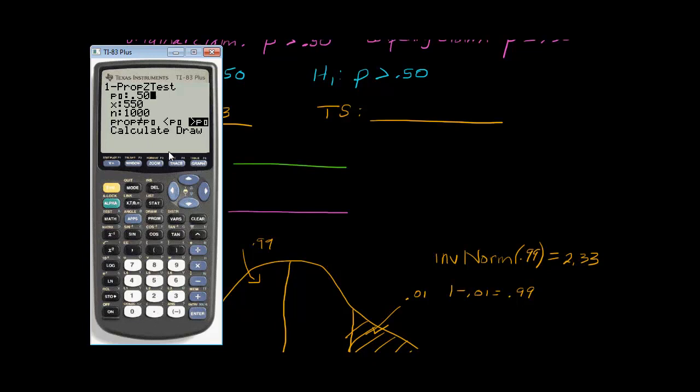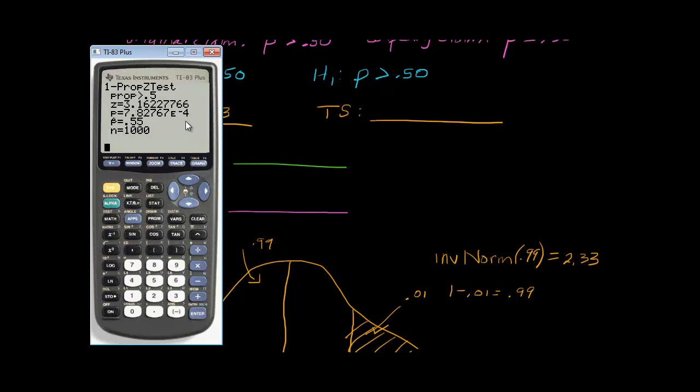I think it may just truncate that though if I put it there. And then we had 550 people out of 1,000 who said they voted for the Democratic candidate for governor. Then we tab down, and now we're picking our alternate hypothesis, and what we go with is the inequality, or if it's a two-tailed test, the not equal to sign. In this case we have a greater than sign, so we'll tab over to that, enter, tab down to calculate,